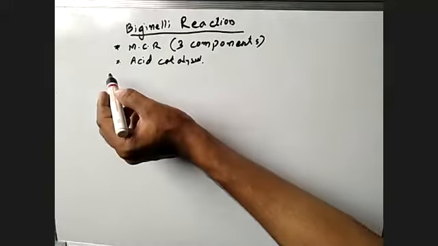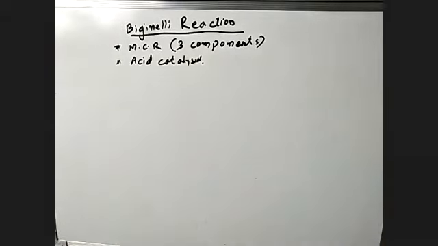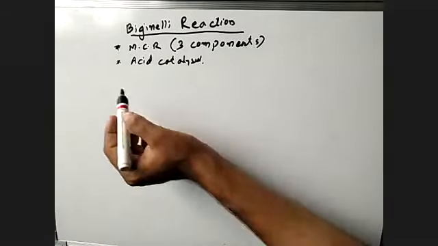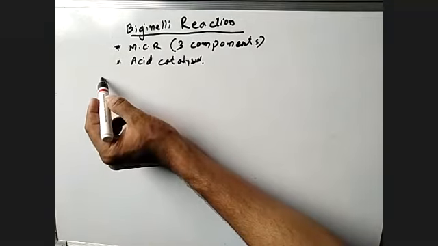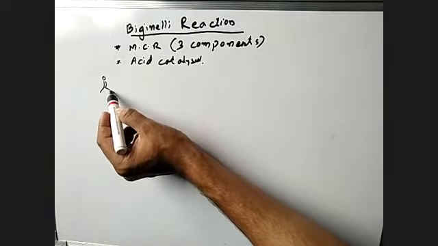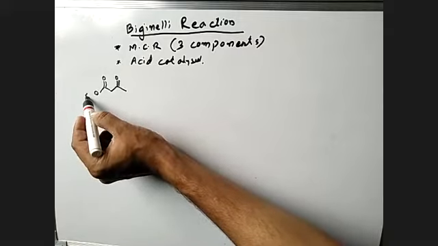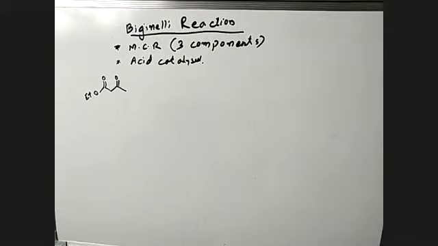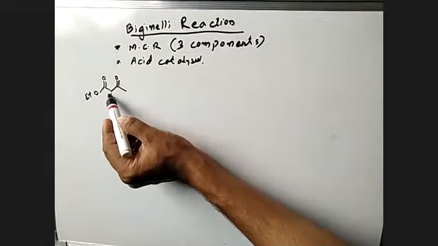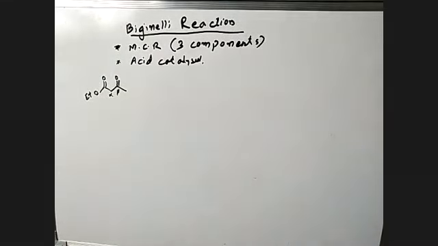What are the components? So we will write here components. See, in this we have beta keto ester. The standard Biginelli was this one. It is called a beta keto ester, okay? This is the alpha, this is the beta carbon. So this beta keto ester